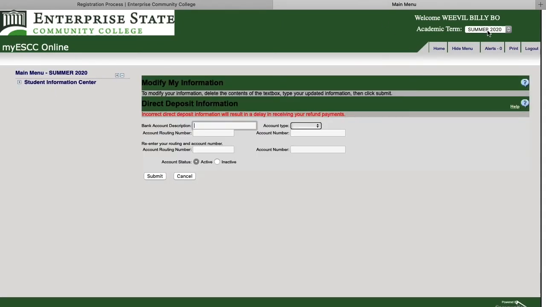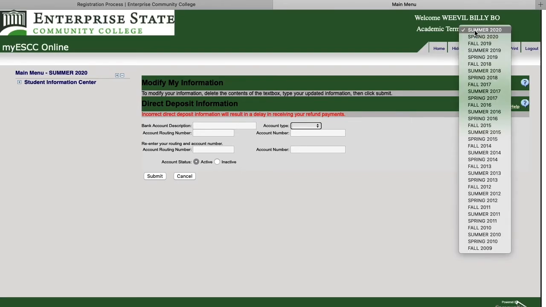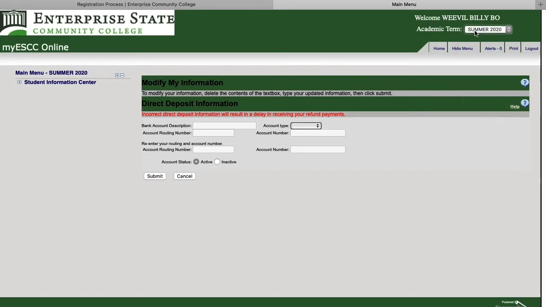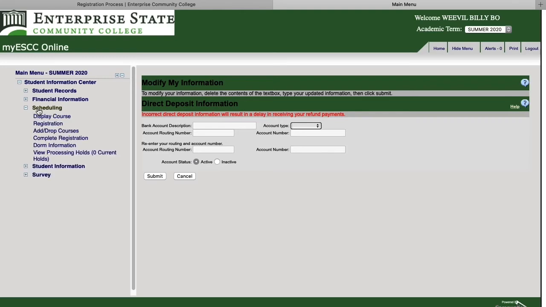So in this top right corner, you'll see your name, and then you'll see the academic term that you want to register for. It's important to see at the top the semester you're planning to register for. So for this example, summer 2020. You'll go down here to the menu, click on scheduling,